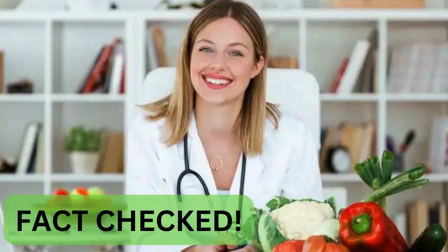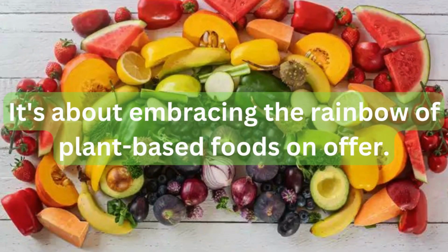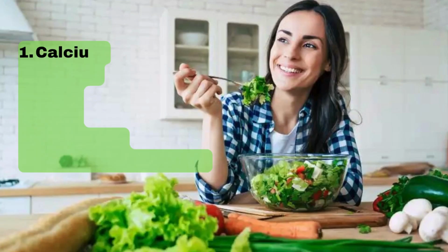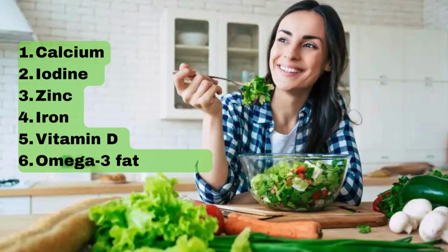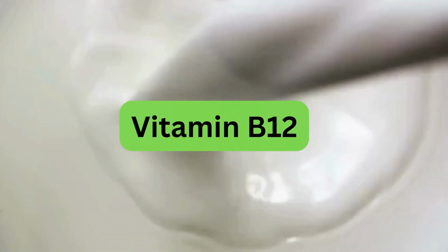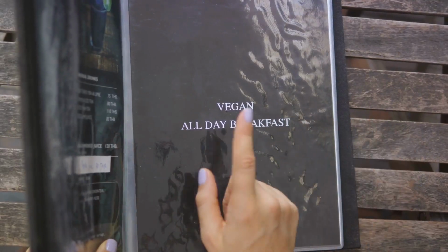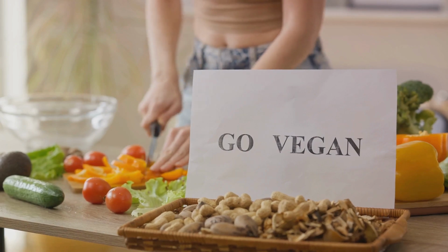information we give you has been fact-checked by our qualified dietitian. You see, it's not just about avoiding animal products, it's about embracing the rainbow of plant-based foods on offer. Each one is a powerhouse, packed with different nutrients that our bodies need. Specifically, we're going to look at calcium, iodine, zinc, iron, vitamin D, omega-3 fatty acids, and the all-important vitamin B12. Yes, that's right, these can all be sourced from a vegan diet, but some can be trickier than others. So let's dive into the world of vegan nutrition and explore how to get these important nutrients from a plant-based